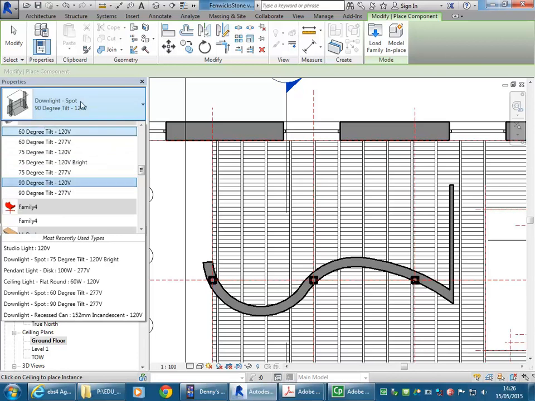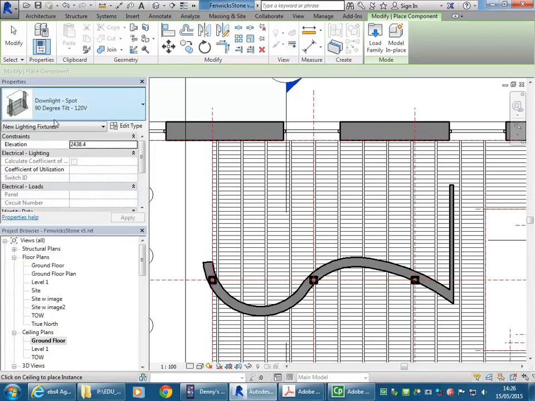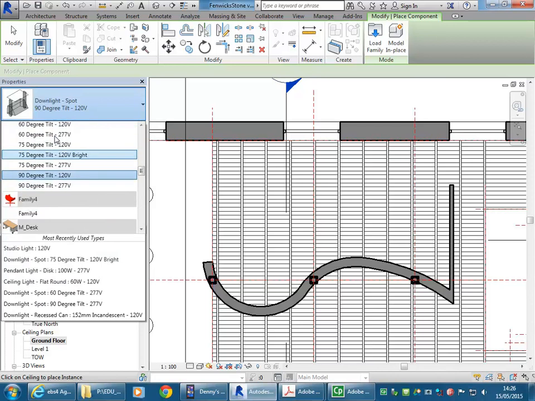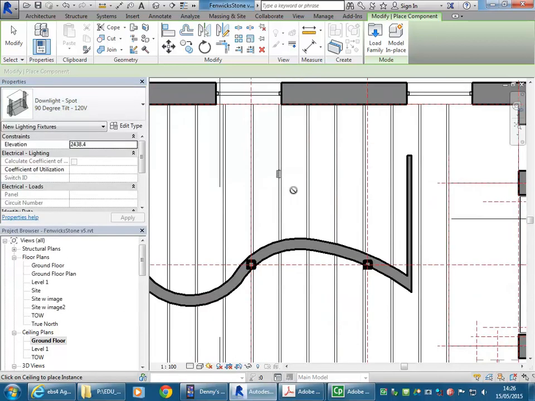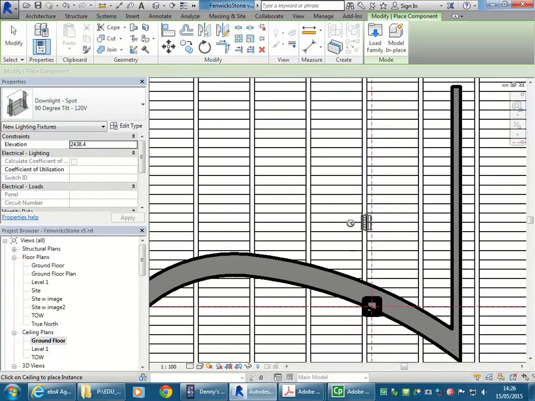And so notice this family has different tilt options. I'm just going to use the 90-degree tilt, which is pointing straight down. The others are angled towards the wall. So with the 90-degree tilt, don't worry about the voltage difference. That doesn't affect the brightness. So then I'm just going to choose the